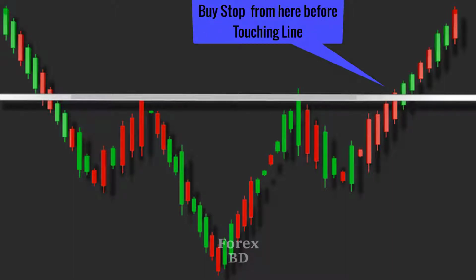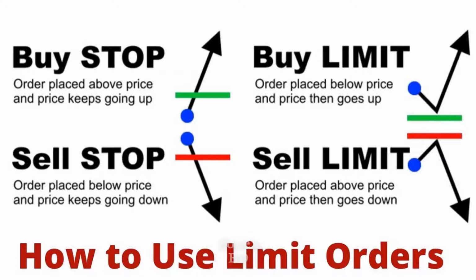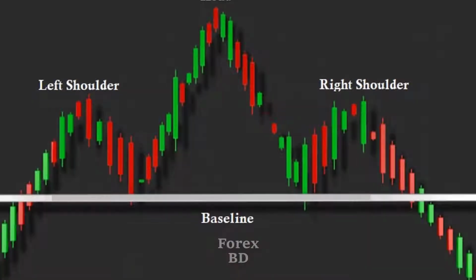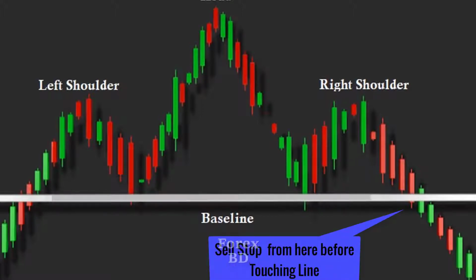Take a buy stop if the market is in an uptrend and you want to take a buy entry in a particular position. Conversely, follow the sell stop if the market is in a downtrend and you want to take a sell entry after the market moves to a certain position. When the market creates a second shoulder while following the head and shoulders, we have to wait for the market to go down and touch the neckline, but if you follow the sell stop, you don't have to wait. You can place an entry on your specified position in advance, and the entry will be running only when the market moves to your specified position, otherwise the entry will not be running.